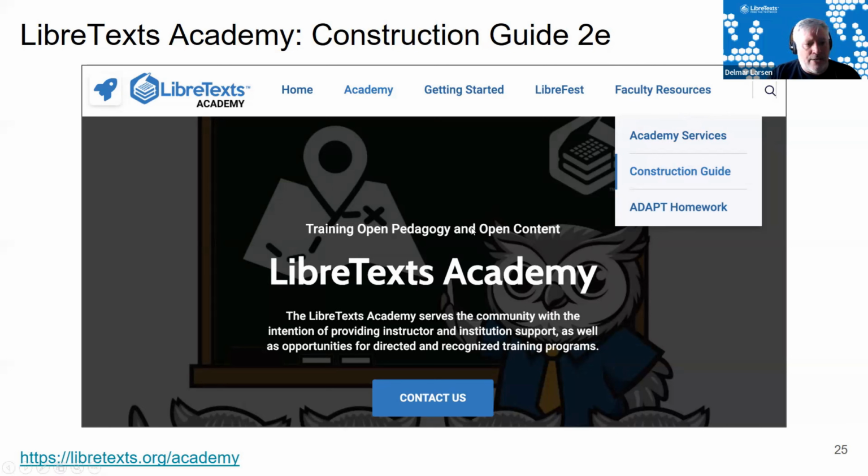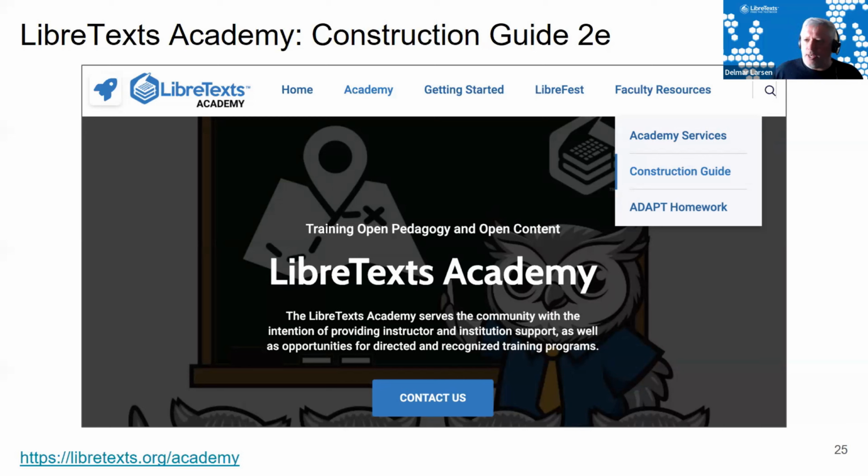At the same point, I should mention Academy, although that's not technically part of the LibreVerse, it's part of the gamut of resources that we provide. This is our professional development arm. We use the Academy to handle the organization of Open Ed Week, our LibreFest, which is our summer week-long professional development training, or Oktoberfest, which is typically a session in October right before the Open Ed conference, for people to capitalize on and move forward.